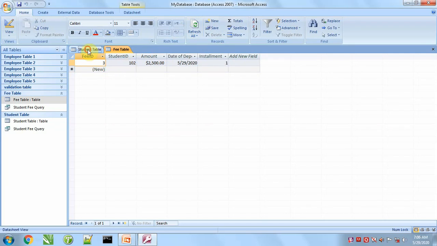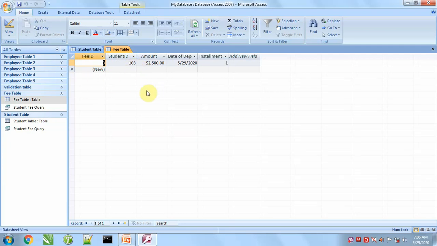It also becomes 102. If I make it 103, after writing 103 we have to press enter so that we can complete this query. We can look here, it is automatically converted to 103. So we can say it is an automatic cascade update. As soon as we update here, this ID will change automatically.